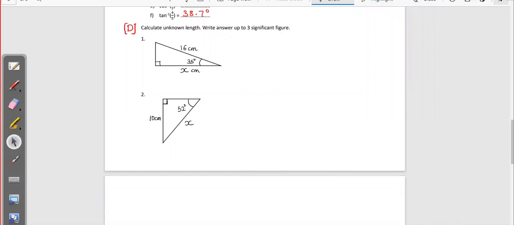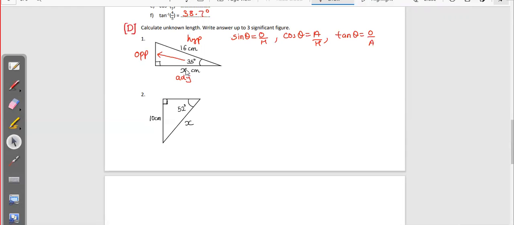Now for section D, again, when a right angle triangle is given to you, you first mark the sides. So this is the 35 degrees given to us. Let us mark the sides. This becomes the opposite side. This becomes the adjacent side, and this becomes the hypotenuse. So we have to write the formula here now. Which one to choose? The sine theta formula is opposite upon hypotenuse. The cos theta formula is adjacent upon hypotenuse. And the tan theta formula is opposite upon adjacent.